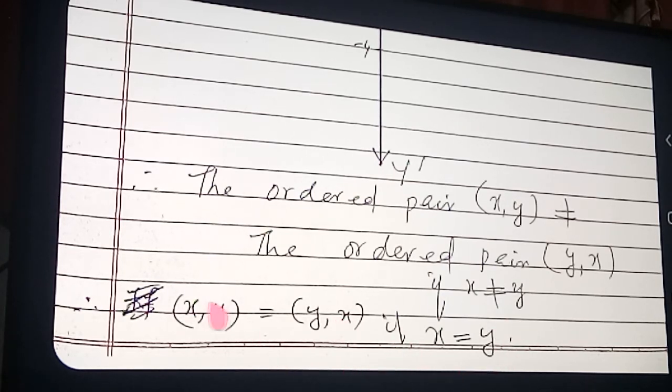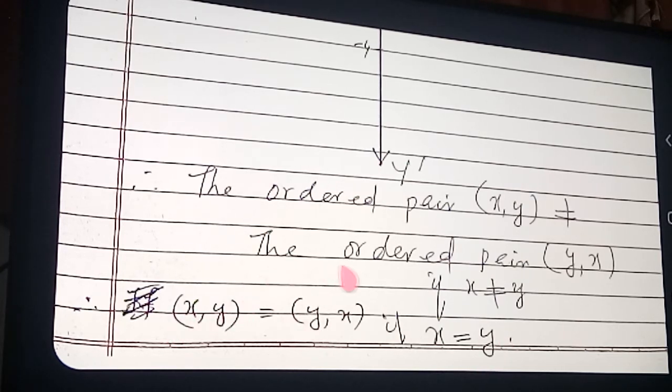This type of question you are getting from the workbook. In your textbook, this type of question is not there. So if you are referring to the workbook, you will get this type of questions. Xy and yx are equal. Suppose you get a question that xy and yx are equal, then what will you say? Its x coordinate is x here, its x coordinate here is y. So this x and y are equal.